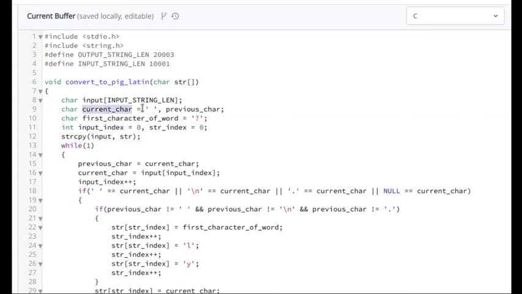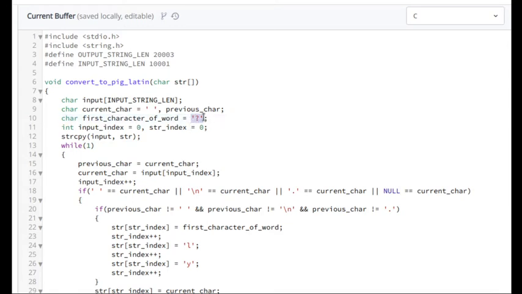Also I am initializing current character with space. I will come to this later, why I am initializing it with space. Then I have previous character. Now the first character of the word I am initializing with a question mark character, because I was getting a warning that it is uninitialized. Otherwise, this is not needed at all.